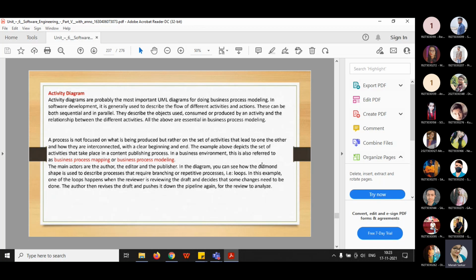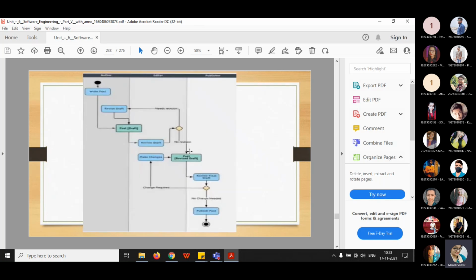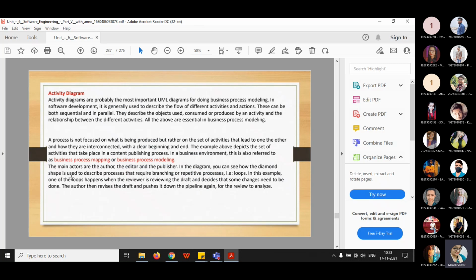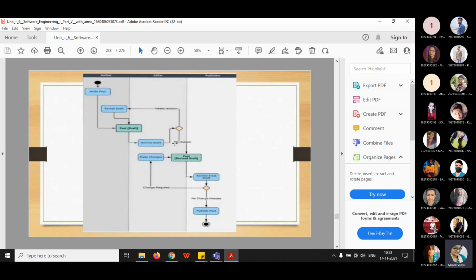See here, you can see there are diamond shapes. The diamond shapes are used to describe the process that require branching or repetitive process. These processes are repetitive, that is here receiving drafts and again revising these drafts. This is forming a loop.